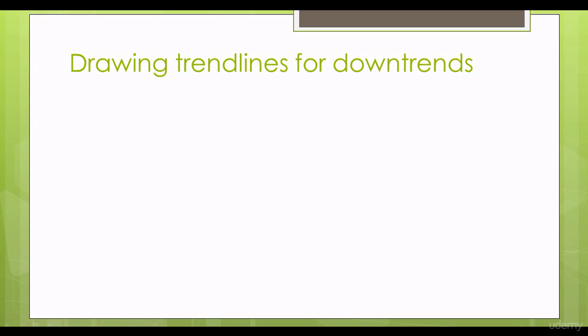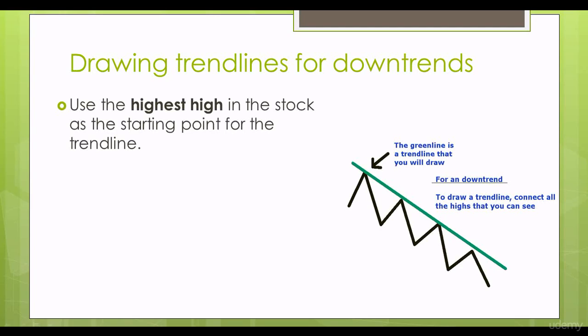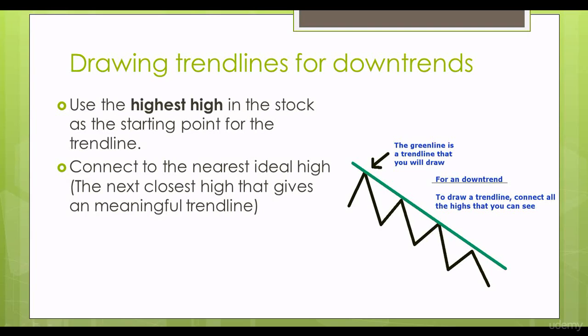For downtrends, the process is similar. You want to begin by using the highest high that you can see in the chart to act as a starting point for your downtrend. Next, you want to connect to the nearest ideal high, which is the next closest high that will give you